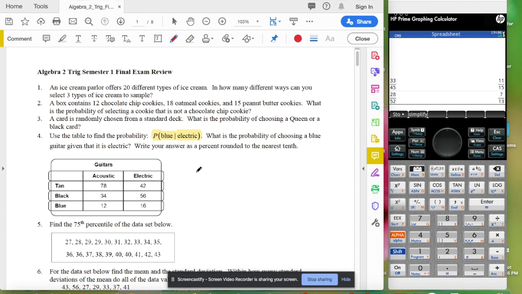So we know that our blue is our 16 over the total of electric, which is 42 plus 56 plus 16. So that's going to be 16 over 114. When you divide those two together, oh, and you know what, we don't want to be in CAS mode for this because it's just going to give us a fraction. So 16 divided by 114 is going to get us